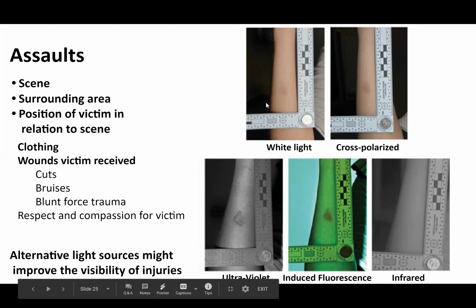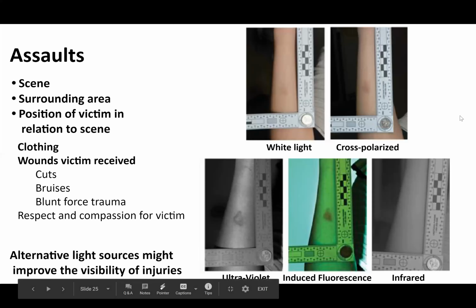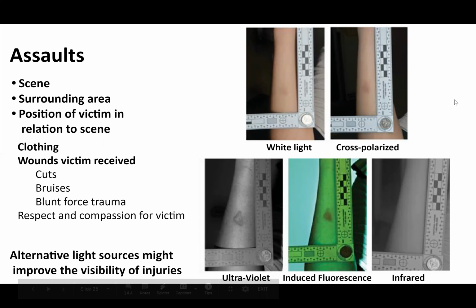So this one was a bruising, right? So in regular white light, it looks like this. You could barely see it there. In cross polarized light, you can see the wound here. But if you are using other forms of light,